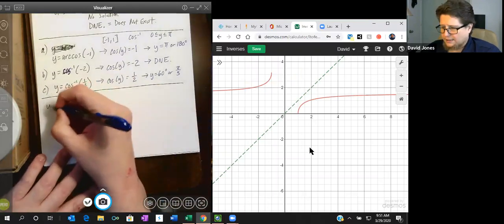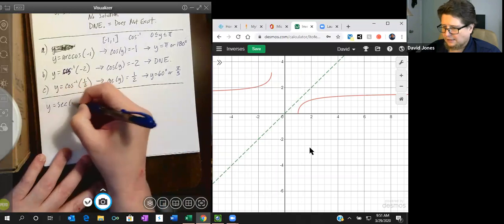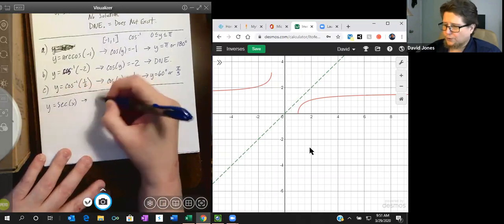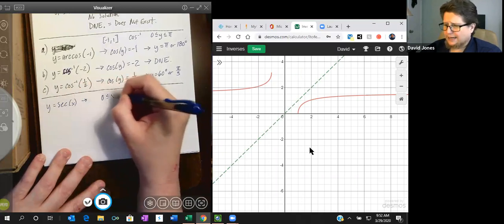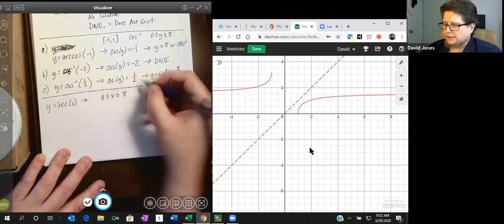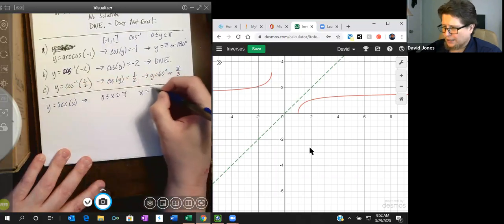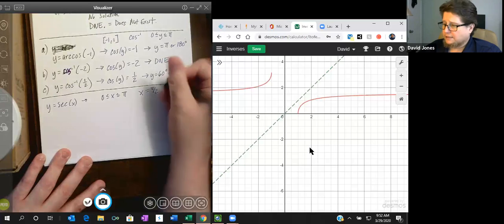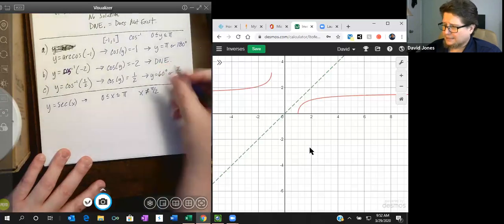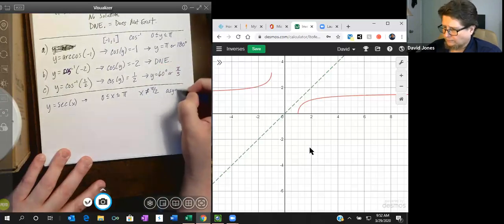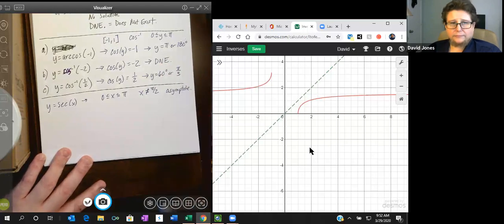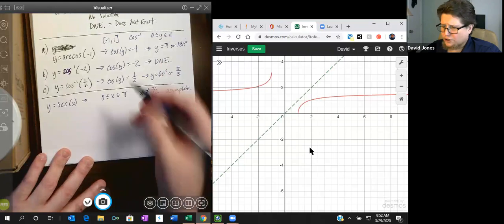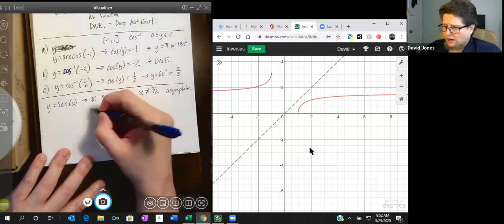So for secant x, the domain is 0 less than or equal to x less than or equal to pi, but x cannot equal pi over 2. That's an asymptote. That's our domain. Our range,